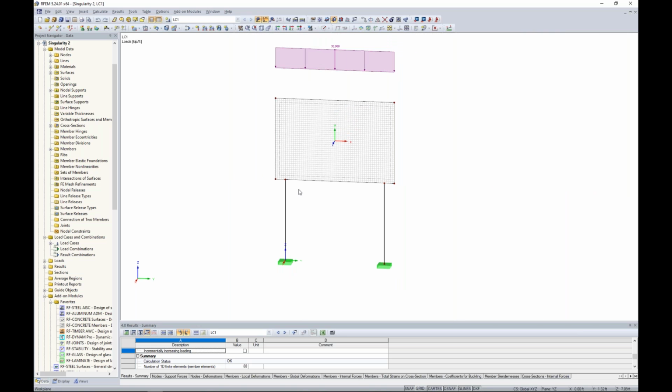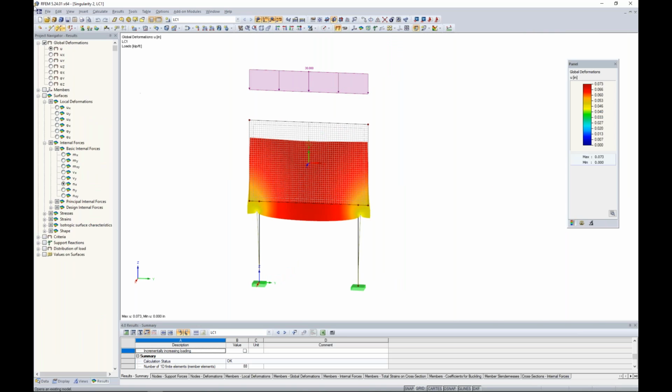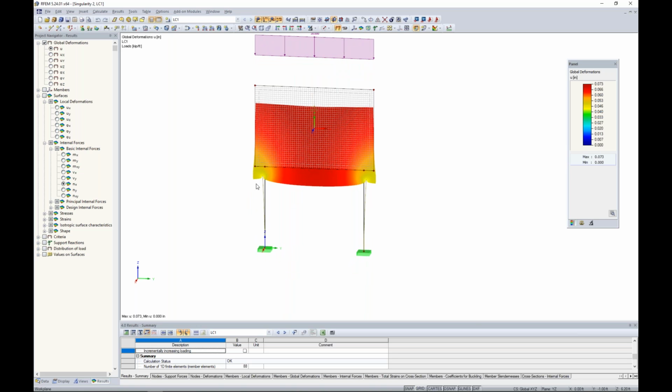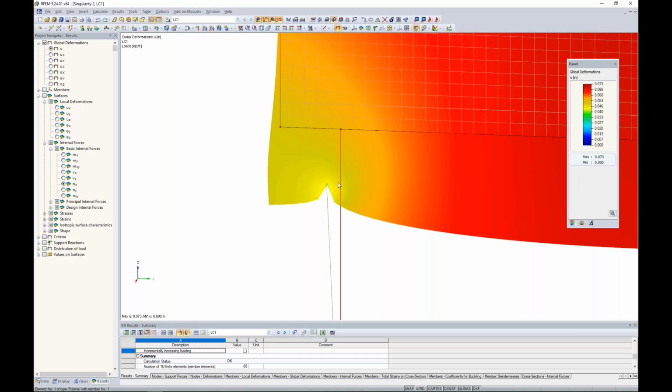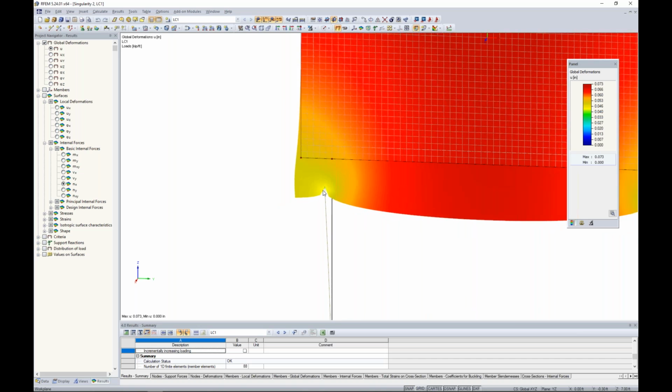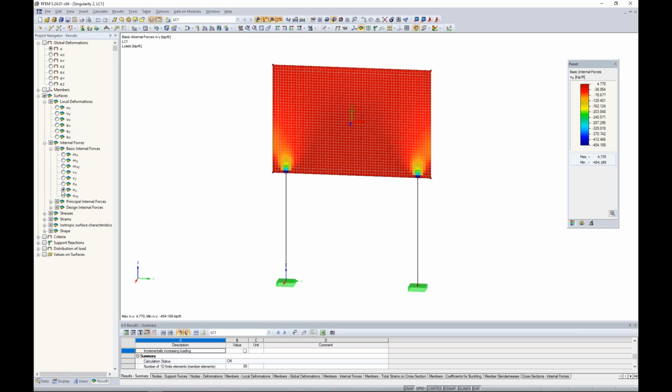So when we take a look at the results from this first load type here, and we're currently viewing the deformations, we zoom in here to look at our deformations. Well, this definitely is not ideal. We know that this column has a pretty wide width of almost 2 feet, so we wouldn't expect deflection such as this. Well, then if we take a look at our internal forces, and let's take a look at NY